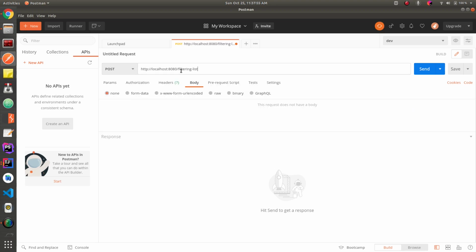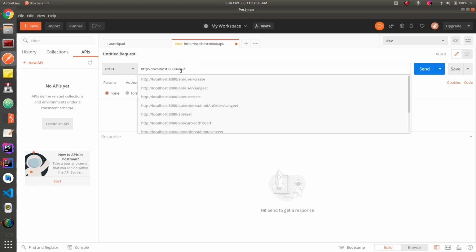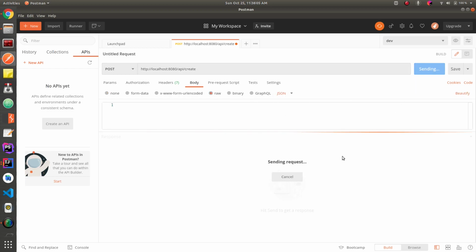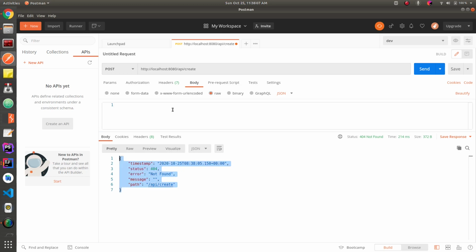I selected body and we'll use the API endpoint that we have defined in our code. So we're going to need 3 fields here. The first one would be username, a password, and a confirm password.